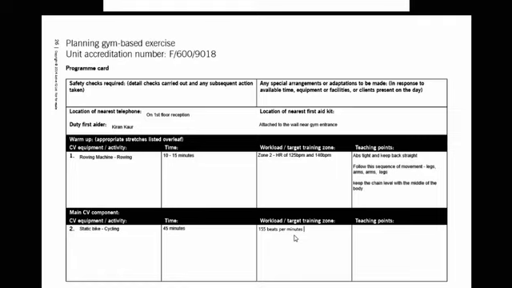You can do some research on Google and see what you think could be suitable for that person. But if you remember, it's 220 take away age, so 220 minus 20 is that person's max heart rate. If someone's been away from exercise for a long time, we don't want to be going up to max. We want to be giving them an effective workout that's suitable for them. So just bear that in mind when you put in the training zone. Then we've got teaching points. I'm not going to fill that in now, but what I'd do is go back into the manual and get my 3 key teaching points for the static bike, and I'd put them in there.